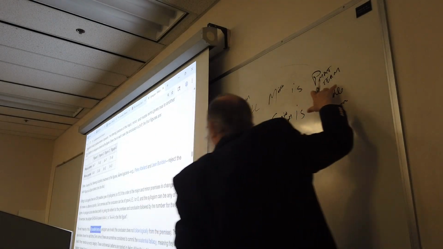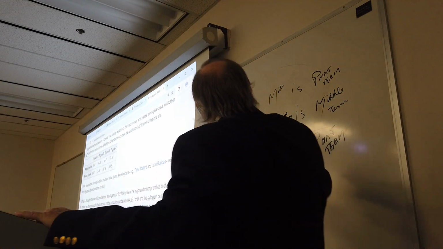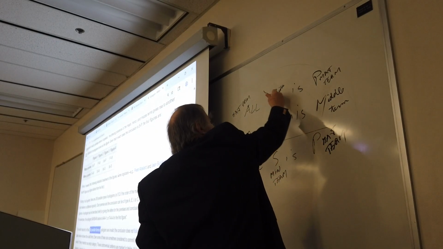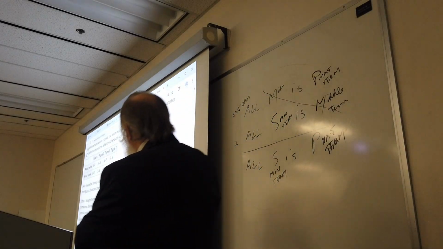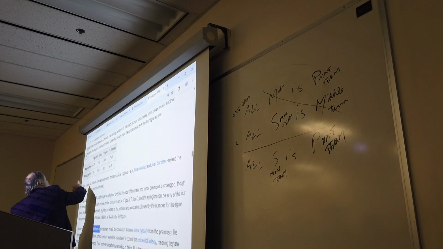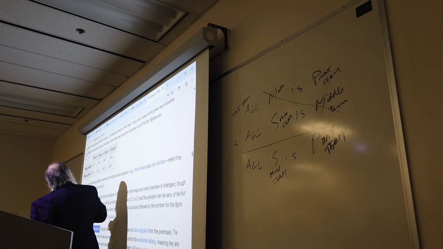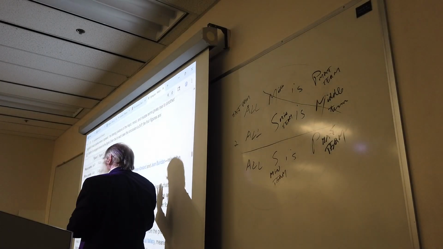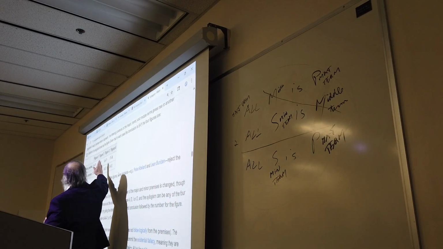The major premise contains the major term. Easy, right? And then you have the middle term. So notice what I have is a figure where the middle term is on the top left and the bottom right. So top left, bottom right. Right? If I had figure 2, the middle term would be on the right side in both statements. If I had figure 3, it would be on the left